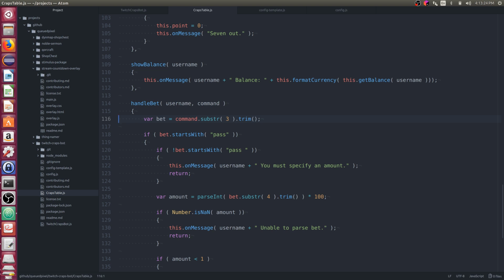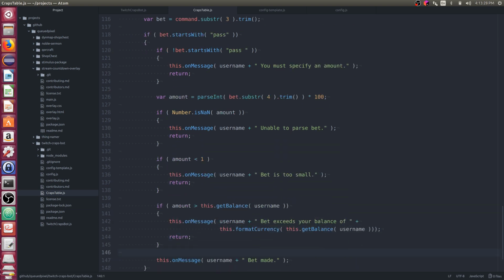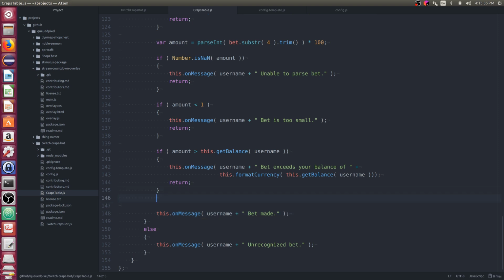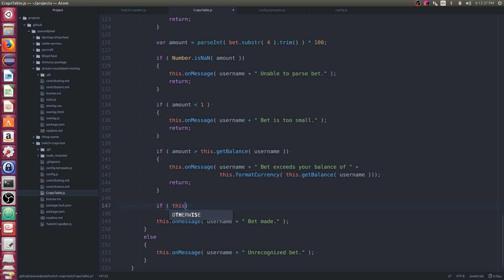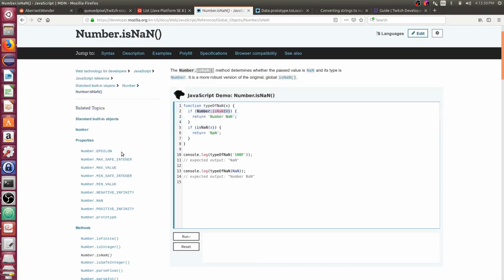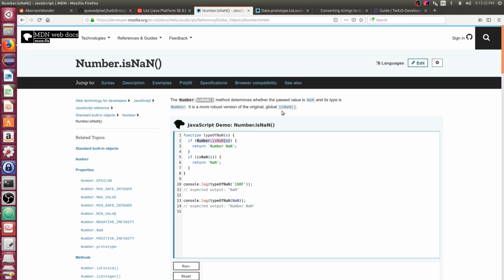So trying to think through here, let's see if we get through the gauntlet of all the parsing and we actually have an amount that we're willing to place a bet on. I think now we want to do a check for if this dot, I call that what, pass bets? Yeah, pass bets. Dot isn't what contains. Let's go look up the API for maps here. Is there a search?